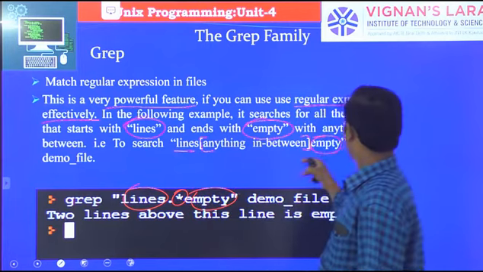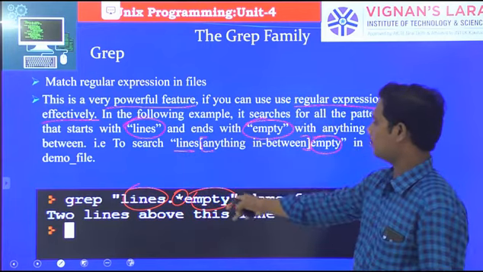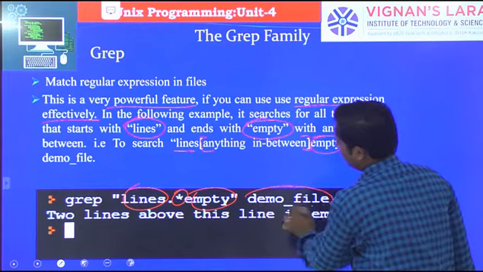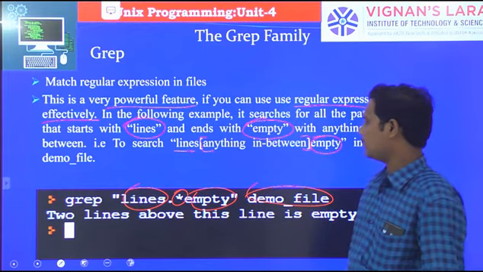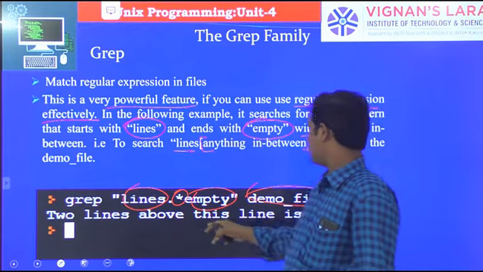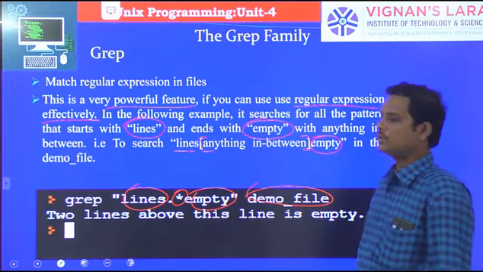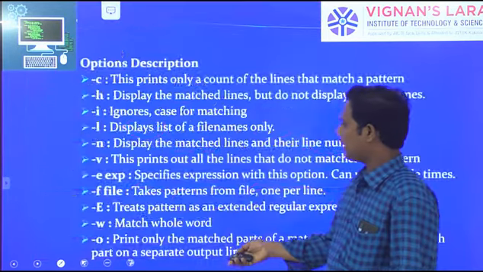Okay, so you will write this in demo.file. We are giving the input file. So what will be the output here? Two lines above this line is empty. So in this input file,